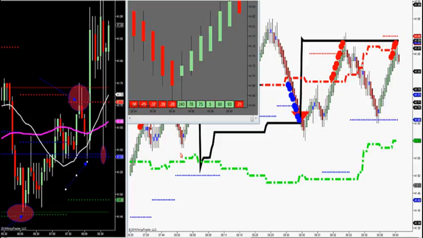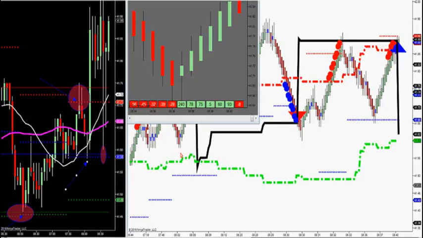I don't care if it's non-farm payrolls. I don't care if it's CPI, GDP during the month. Like I said, it doesn't matter if it's crude oil inventories. It doesn't matter retail sales. I like to wait that first portion out because I like putting my stop 2 ticks below that swing low